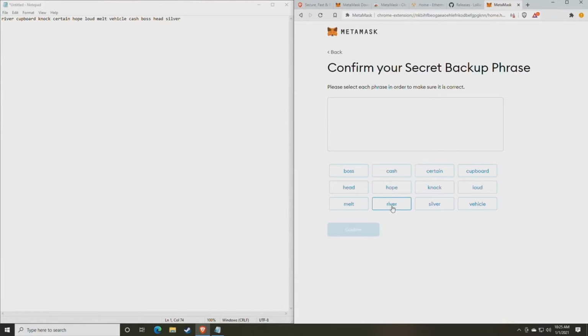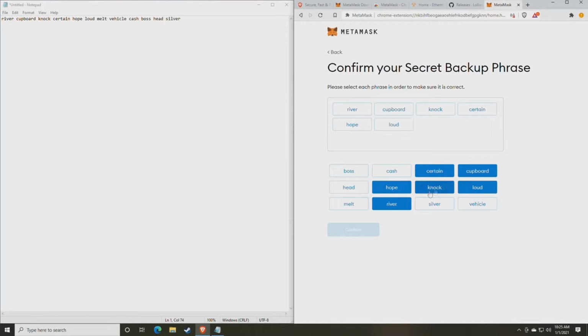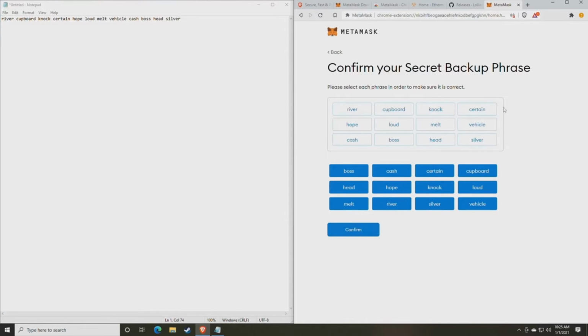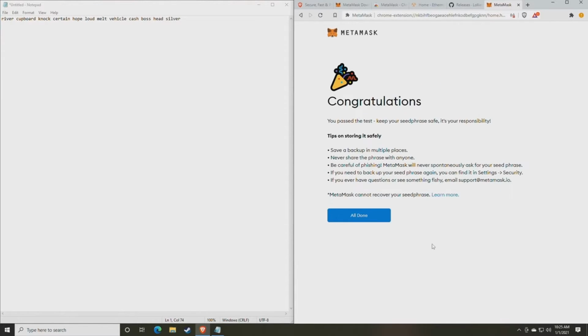So we have river, and you want to do it in order: cupboard, knock, certain, hope, loud, melt, vehicle, cash, boss, head, and silver. So now that we've put them all in order, we're going to click confirm,